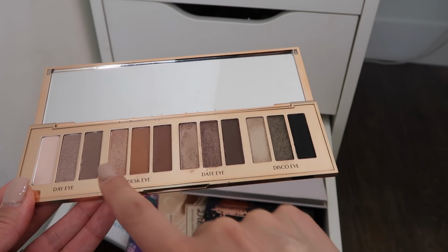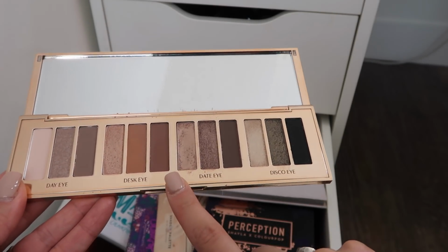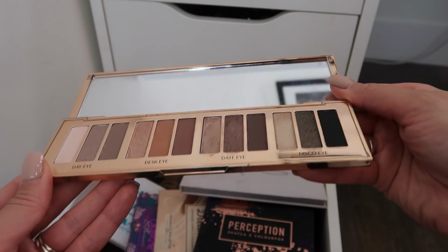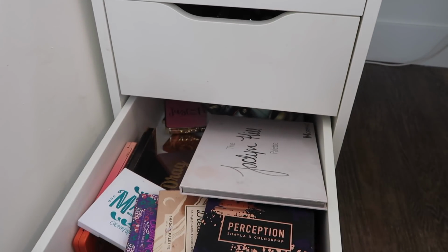Yeah, I think this one and the transition shades from here, I was wearing that a lot last fall. So for more of an everyday look, this is a gorgeous palette. I actually wanted to maybe pass this along to my mom, but I like the palette too much right now. So maybe in the future I will get her that palette because I think it's a very nice